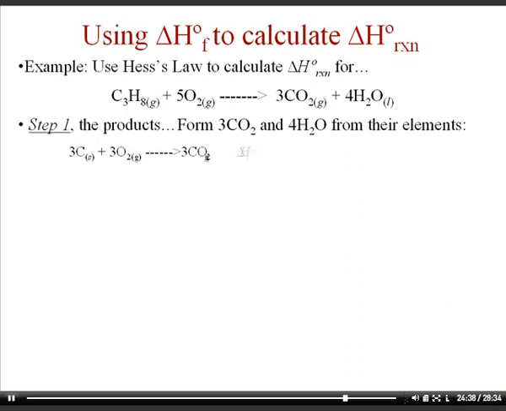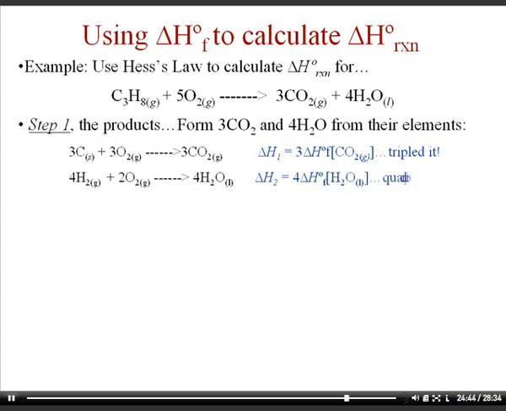So we're going to form carbon dioxide from its pure elements, and we're going to form water from its pure elements. Now, when you look up in the back of the book, the delta H, that's producing 1 mole. But because it's an extensive property, if you're producing 3 moles of the carbon dioxide, we're going to have to actually look up the delta H of formation of carbon dioxide gas and triple it. And we'll also look up the delta H of formation of liquid water and quadruple it because we're producing 4